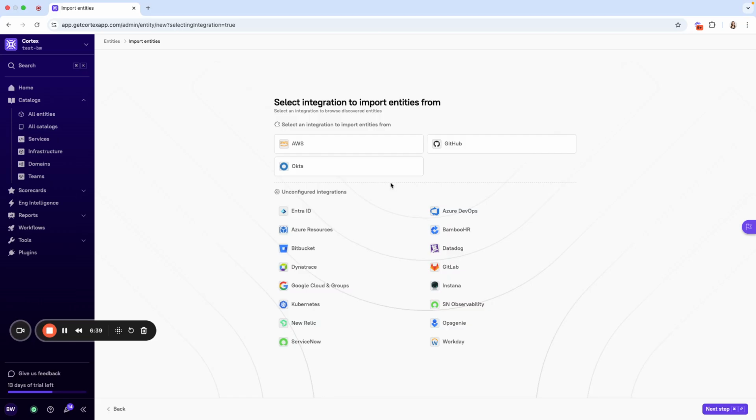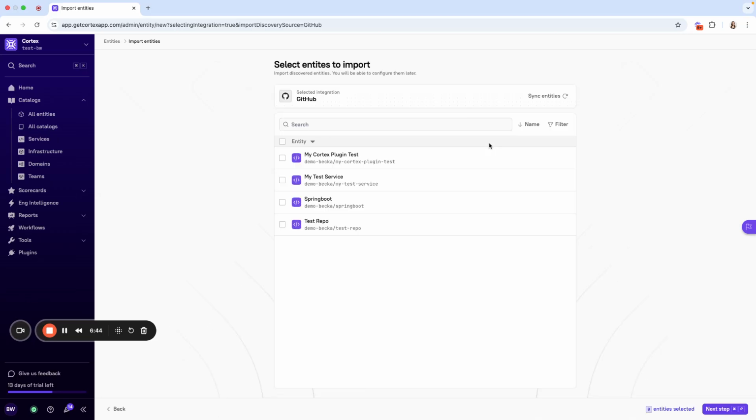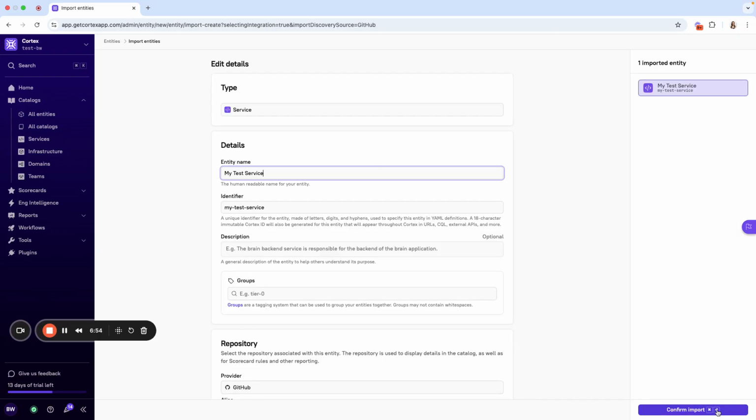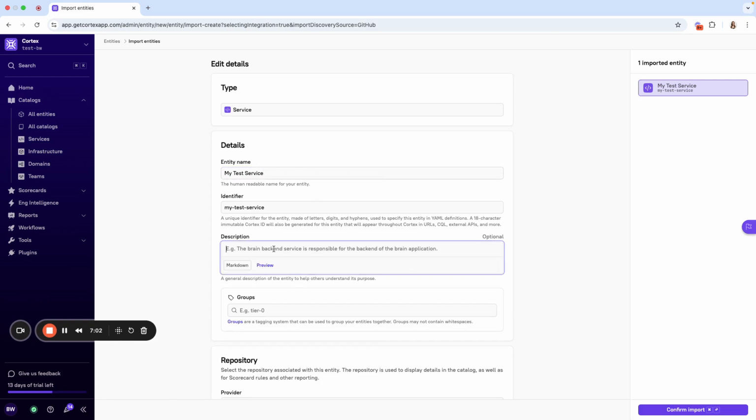So in this case, I'm going to import a repository from GitHub. I'll do my test service. These are discovered entities that came from that integration. And here you'll see this will be added as an entity type of service. We've got an entity name. We'll call this,